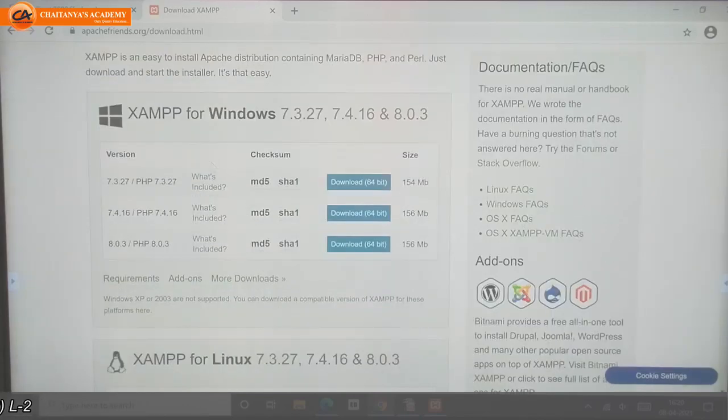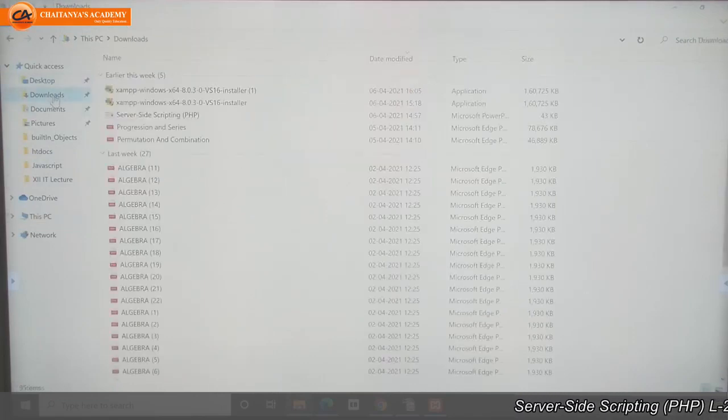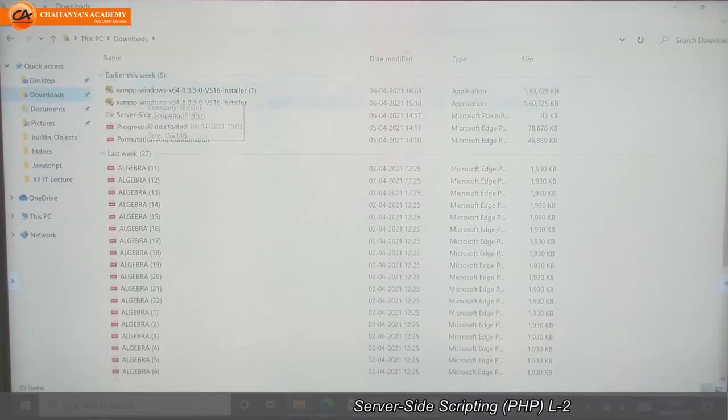There you have three types of PHP versions. From there you can download whatever version you want. You will get an exe file in your download folder. Just open that exe file and follow the instructions.